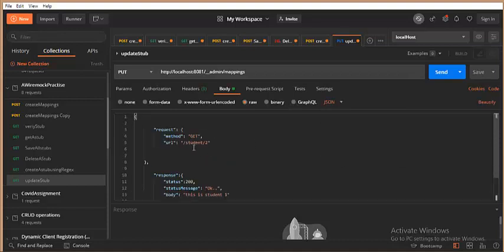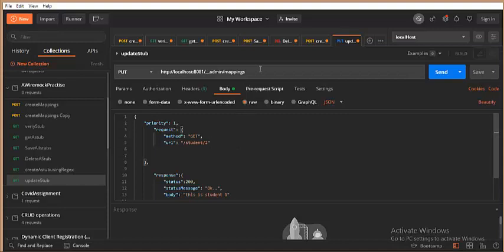So I wanted to prioritize this particular stub: priority equals 1, comma. So this is given the top priority; lower the number, higher the priority. So priority 1 means when I hit this particular endpoint /student/2, however it matches with the other generic endpoint, because the priority for this particular stub is high, it will be given this response. For all other numbers, it is going to give the generic response.